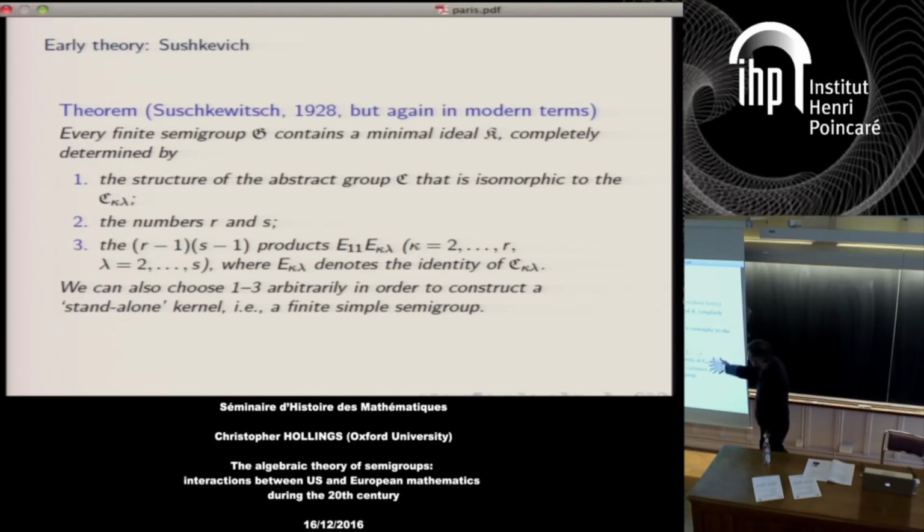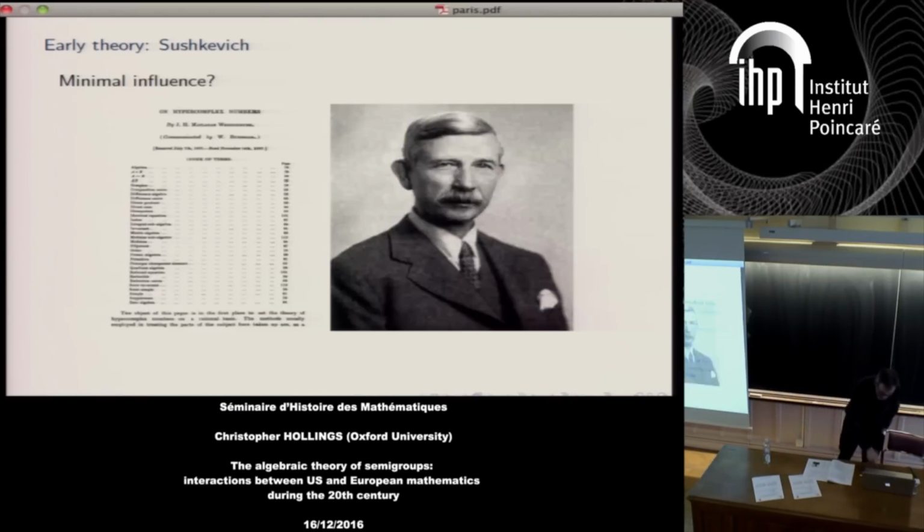So mostly this seems to have sort of sprung from Šuškevič's work on generalized substitutions, but he includes a passing reference to S.H.M. Wedderburn, who of course had done some work on the structure of simple algebras, simple rings. And I just thought I'd put Wedderburn in here because really he was Scottish, but he worked in Princeton for a long time, so I count this as possibly an American influence here on the theory.